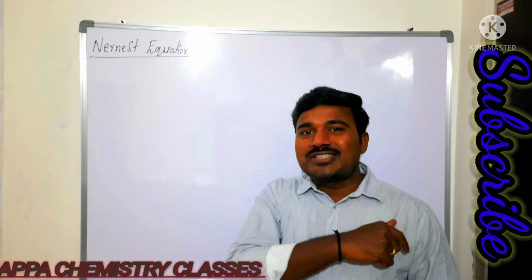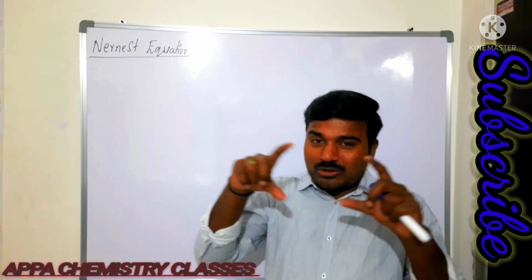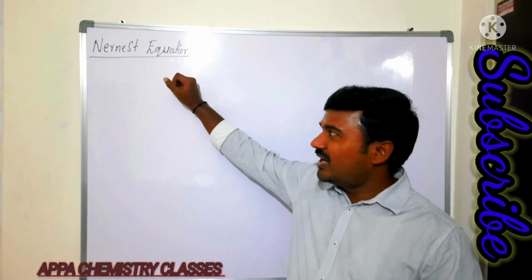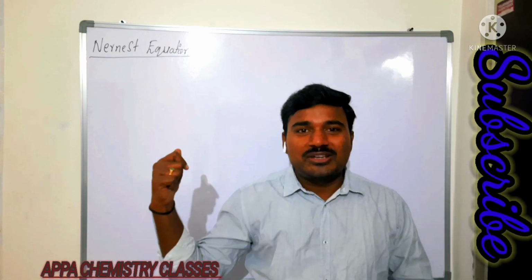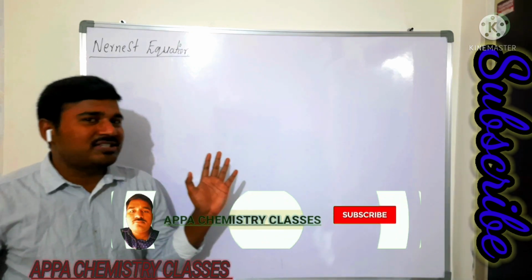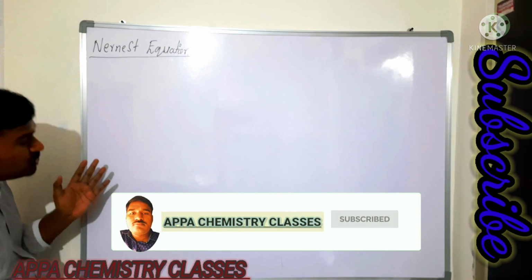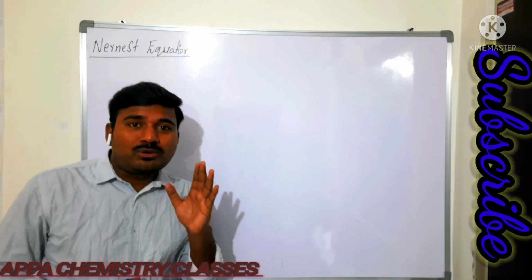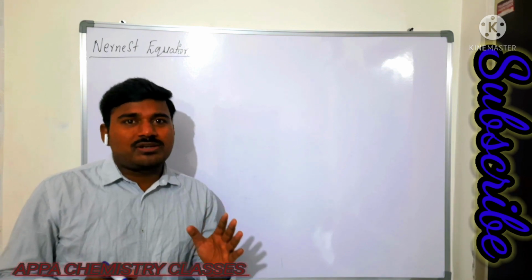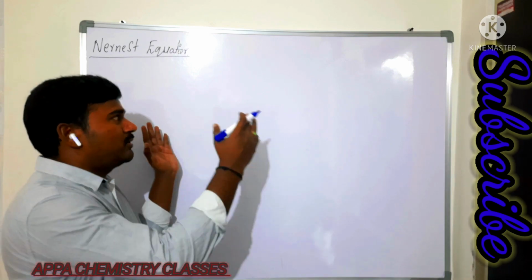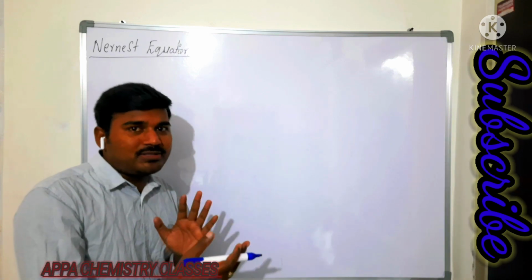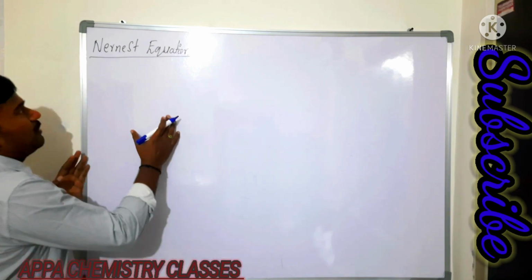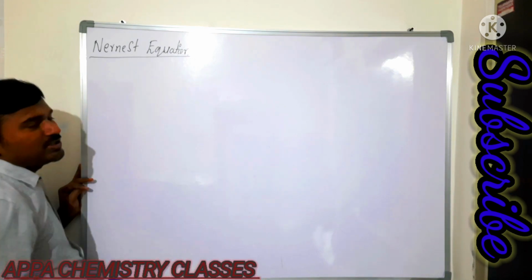Now if concentration is changed, then what happens? The total EMF of the electrochemical cell can be calculated by using the Nernst equation. Okay, let's get into the Nernst equation. This Nernst equation is proposed to give the quantitative relation between the total EMF of a cell and the concentration of electrolytes. For electrochemical cells operating at different concentrations, how do we calculate the cell EMF? To calculate the cell EMF of an electrochemical cell, they proposed this Nernst equation.